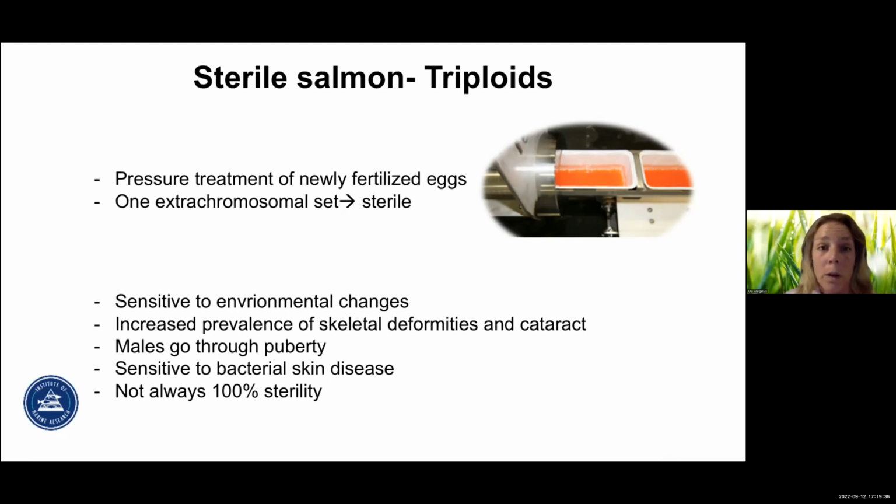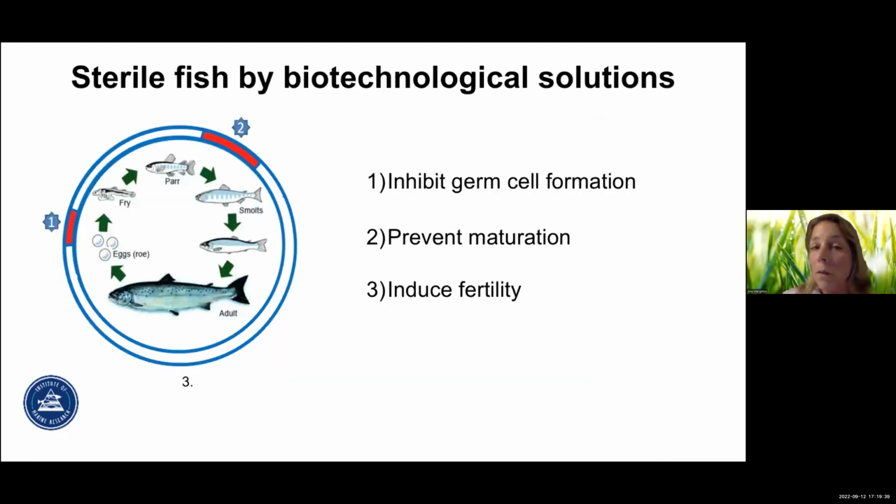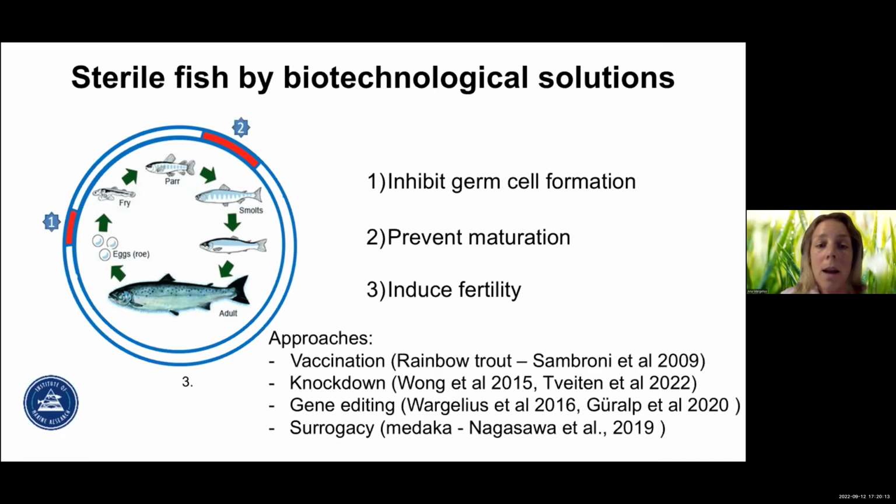In my group, we've been working with alternative solutions for making sterile fish, and that mainly includes going for two stages, as I showed here. Either you inhibit germ cell formation by targeting a protease essential for primordial germ cell formation, or you try to prevent maturation when the fish is vaccinated, which is at the small stage. Or you make a knockout and then try to induce fertility at this stage. I'm not going to show anything from that, but there have been people working on all sorts of methodologies